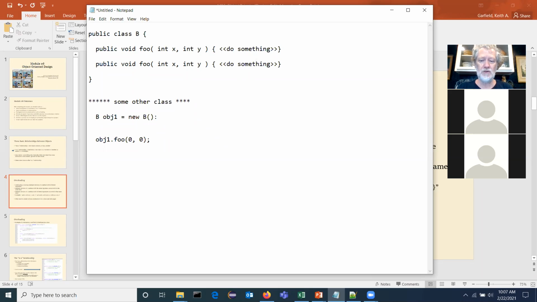But what you are allowed to do is this. I can add another variable. Now go back down here, foo with 2 integers as input. Now can you go back to B and unambiguously decide which version of foo I want you to do? Yes, you can. It's that top one. And you can do this trick.